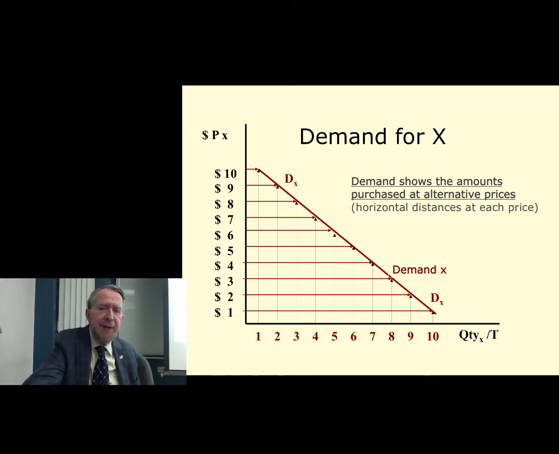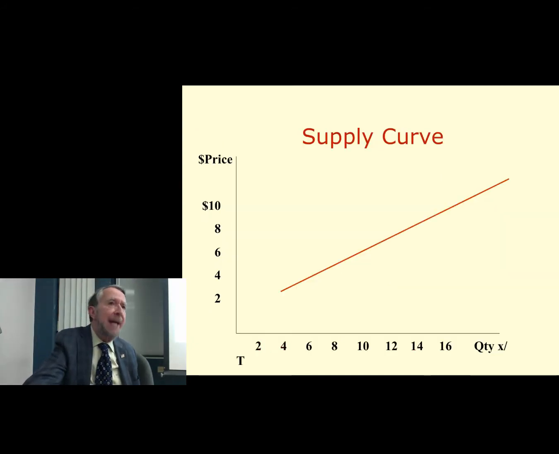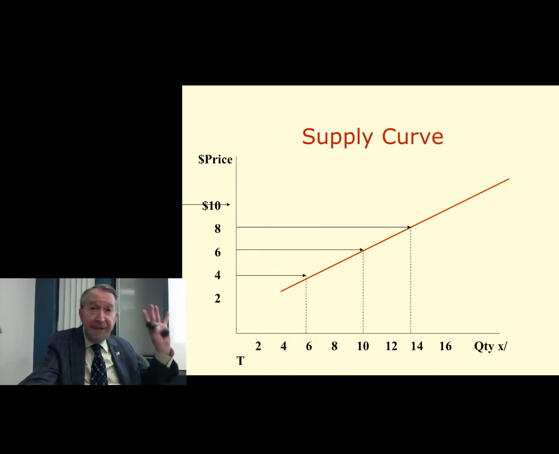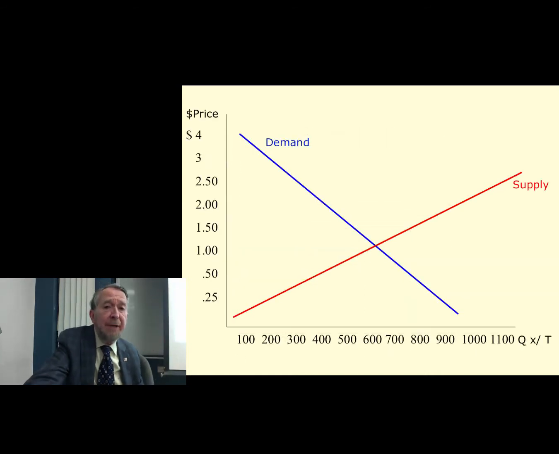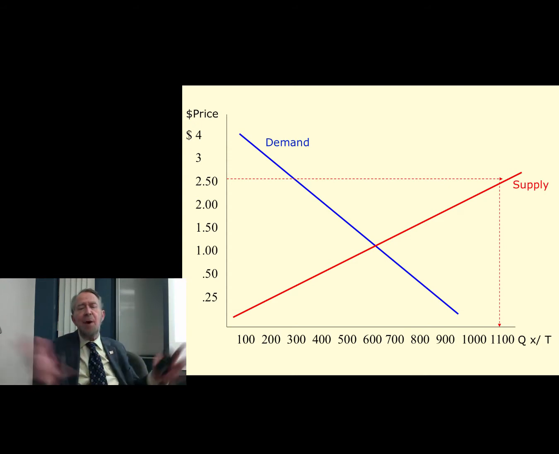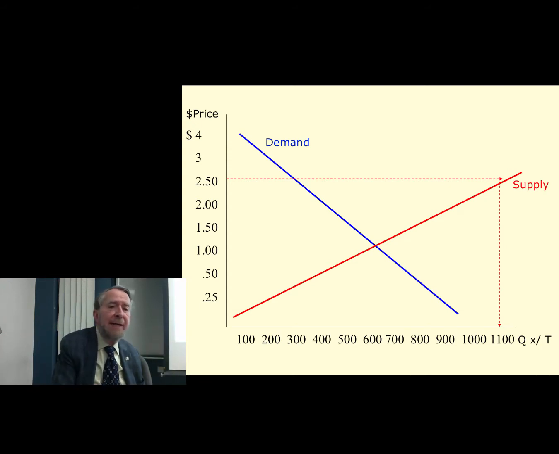time called ceteris paribus. We know demand is downward sloping, it's an inverse relationship, it shows all the different quantities buyers are willing and able to buy at different per unit prices. Supply, in a similar way, is a schedule of data. It's not an amount, it's a whole series of different amounts at different possible prices. And we overlaid the two functions to represent the two sides of the market interacting, and we noted that if